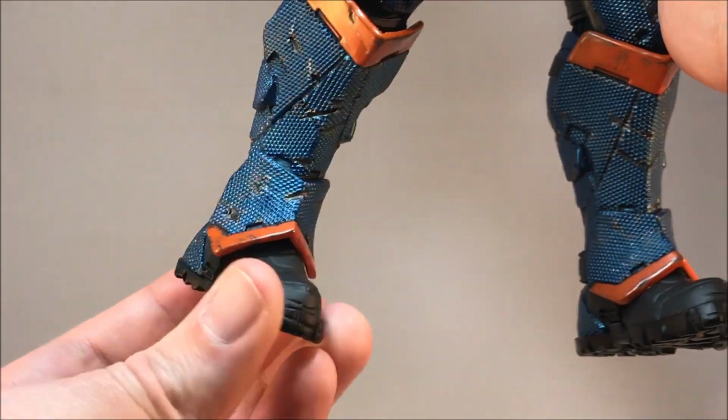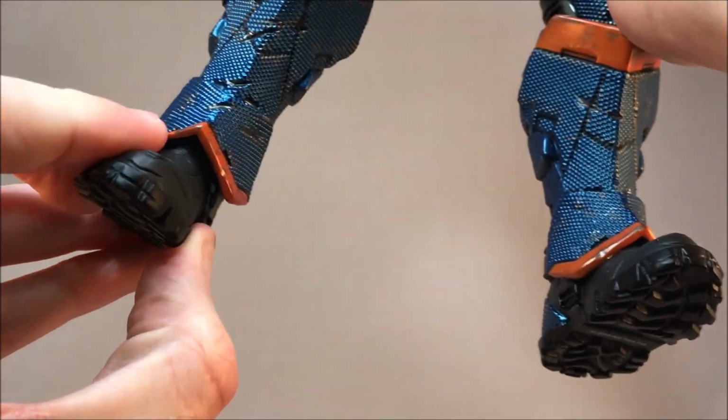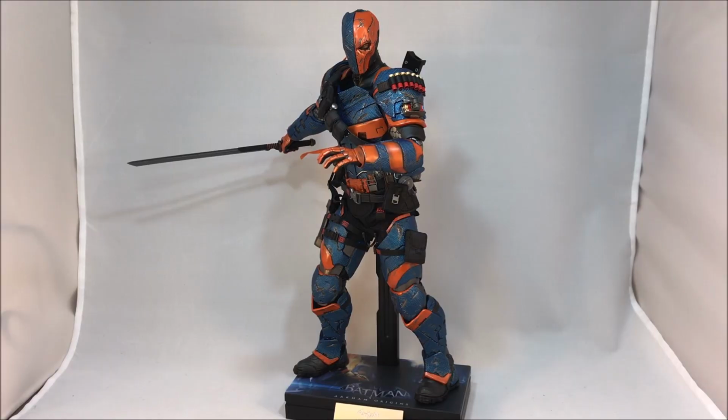And then as far as the feet, they do rotate. They are hinged up and down, and he does have ankle pivot. So that is going to do it for my review of the Hot Toys video game masterpiece, VGM 30 Deathstroke